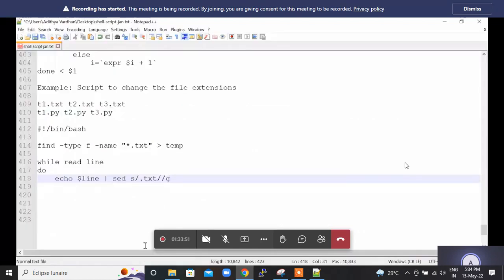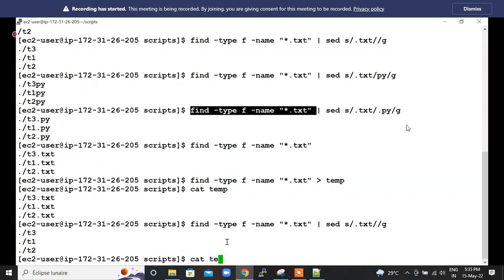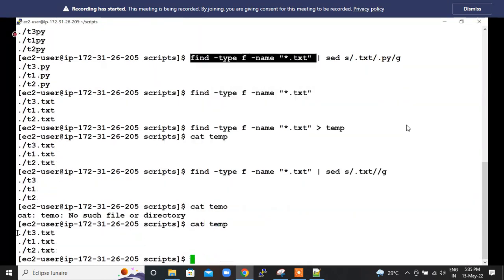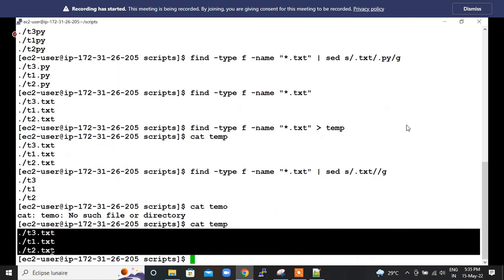Even if it is 100 lines, 100 numbers, all the file names will be stored on new lines, right? So let's say if I go cat and then temp, this is the content of the file. If it is 3 lines, so if I use touch t4.txt,